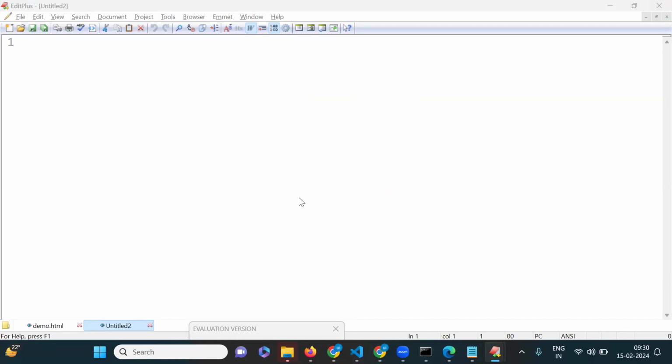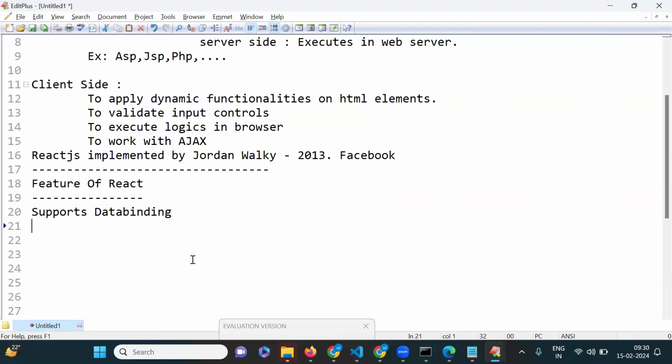So I will explain in the programs how to work with this data binding. We have two types of data bindings here: one-way data binding and two-way data binding. At that time we will be discussing the life cycle hooks like useState and useEffect. I will explain that concept. Next one,